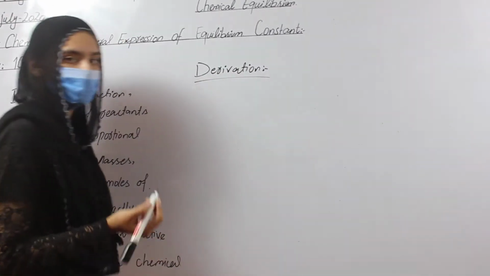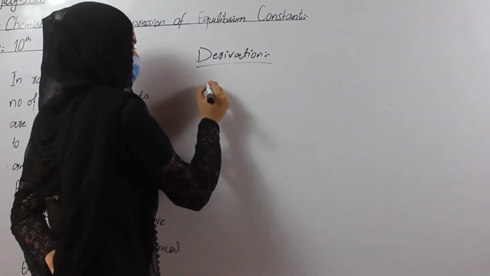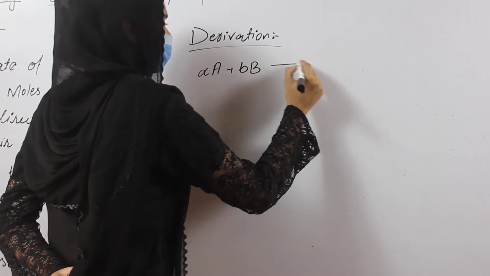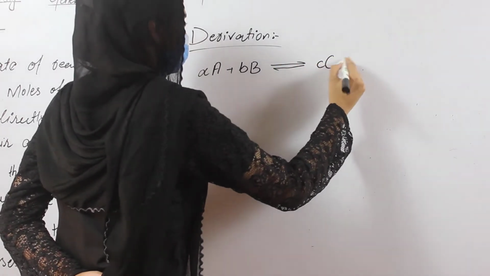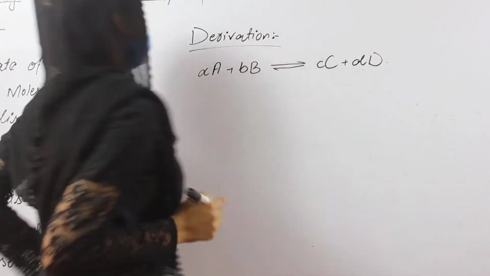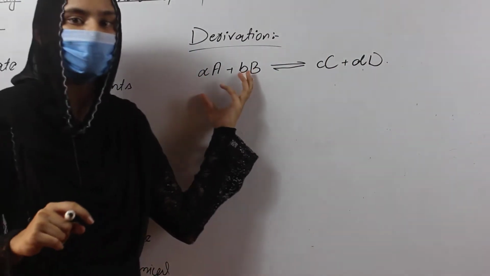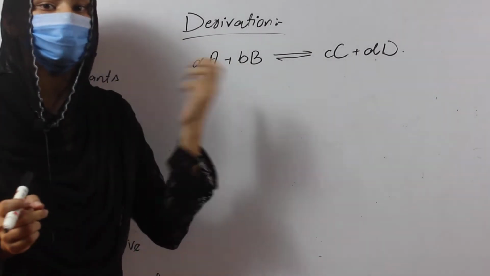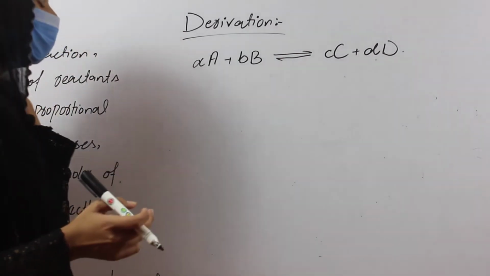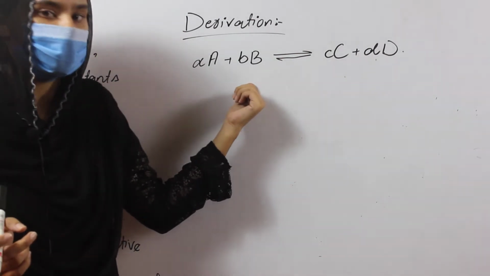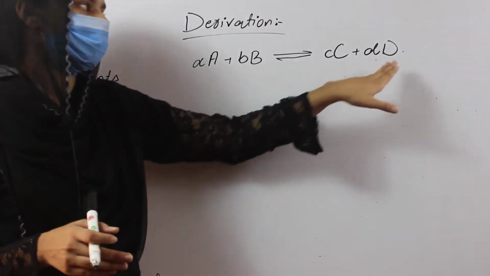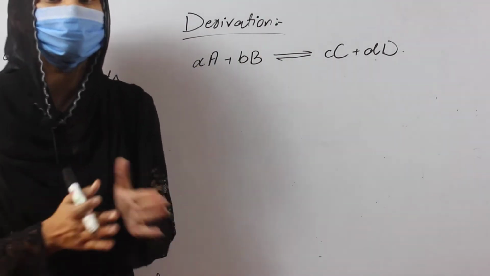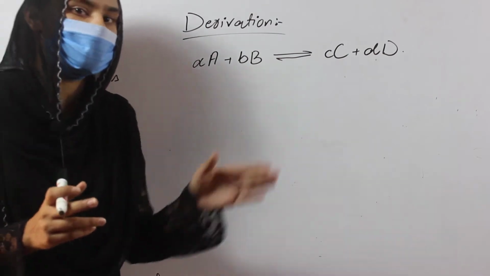That is the mathematical form. First of all we take a balanced chemical equation, with a number of moles of reactants forming products. In small a, b, c and d these are called the number of moles or coefficients, but in capital letters these are called reactants or products. Here capital A and capital B are the reactants and capital C and capital D are the products, but small a, b, c and d are the coefficients, or the number of moles, of the reactants and products.